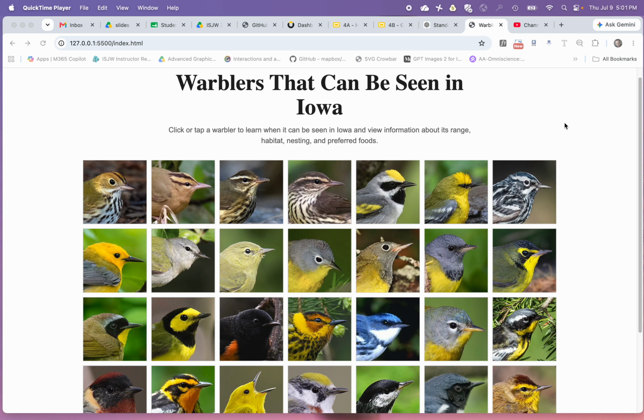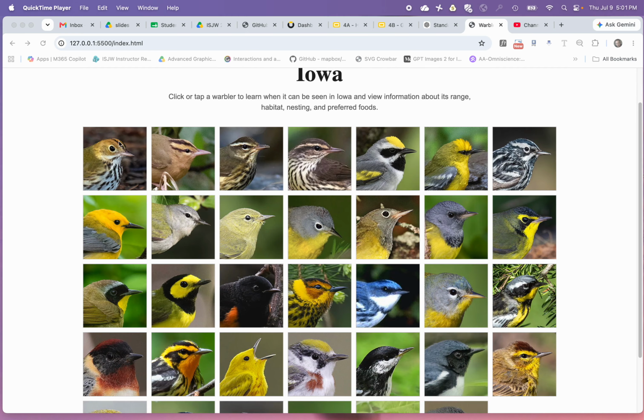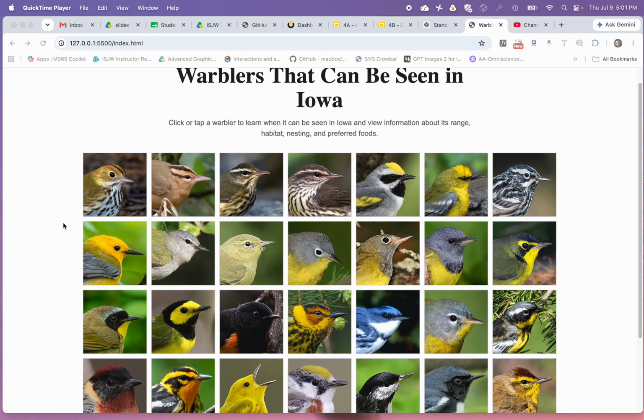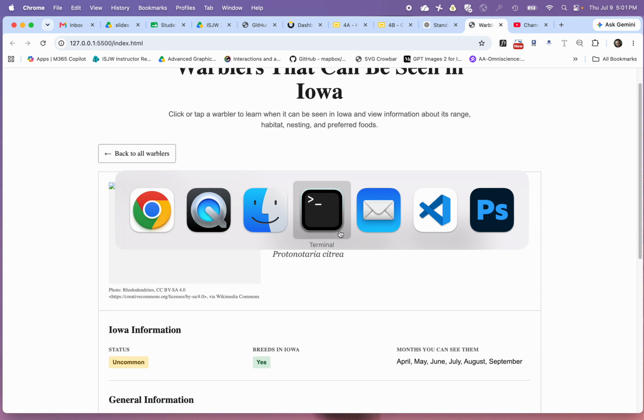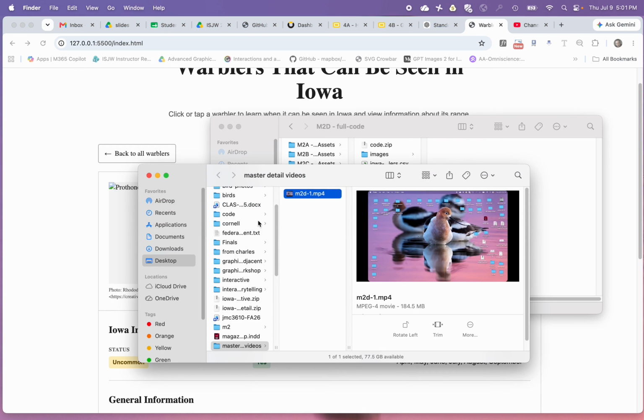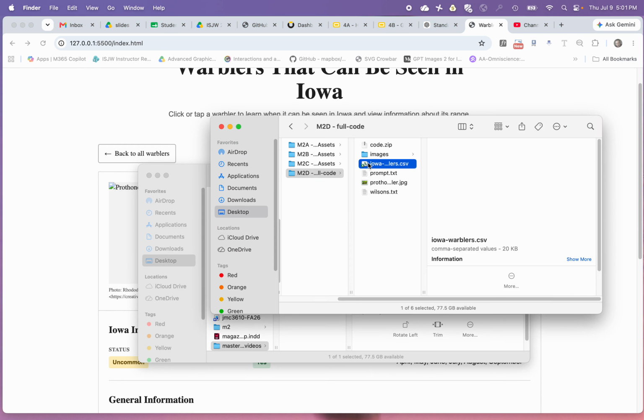I forgot about image optimization. And all these images have been optimized by me, or we're sending them from another website. But let's click on Prothonotary Warbler. Oh no, Prothonotary Warbler's not there. And why is that? Well, that's because if we look at our spreadsheet,